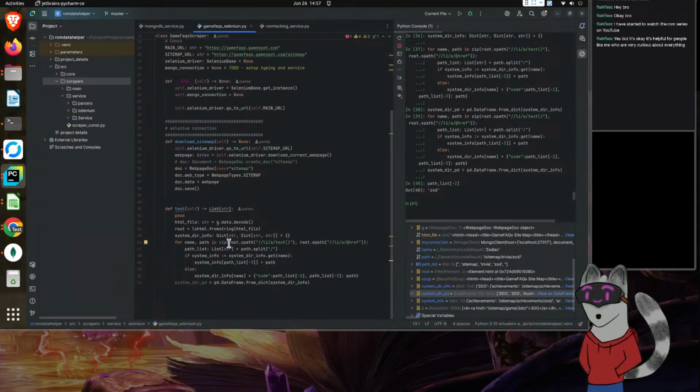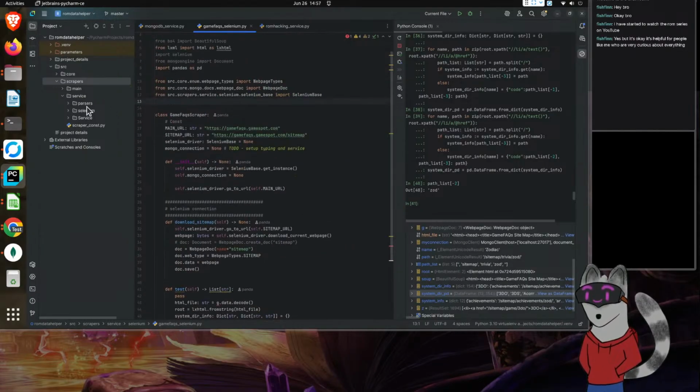So from here, I'm busy going through, looking at all of what we've done so far, trying to figure out what the next step should be. Because we have a lot of the structures done, which means we can start fleshing this stuff out. For instance, not just the GameFAQs parser scraper we're currently working on, but we can also start, let's see here, scrapers, services, here we go, this one.